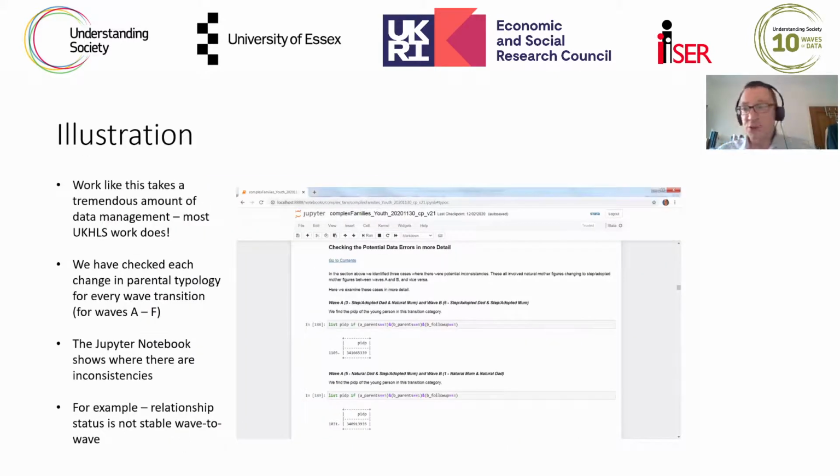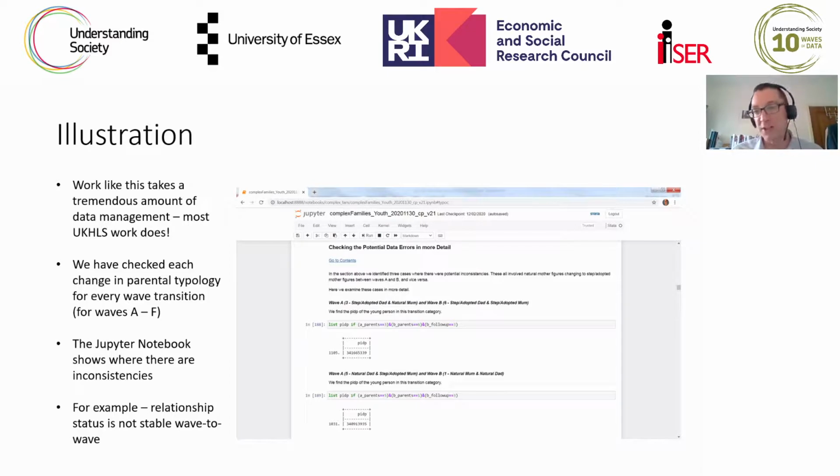And as an illustration of this kind of challenge, some of the things we did here that I haven't shown you is we were exploring every single transition and looking for consistency in the data, for example. And so what we were able to establish is that the relationship status is not stable wave to wave. Now, when we spoke to Understanding Society about this, they pointed out these things to us, but these are things you kind of have to know if you're working with these data.